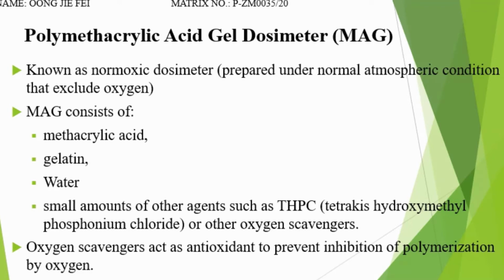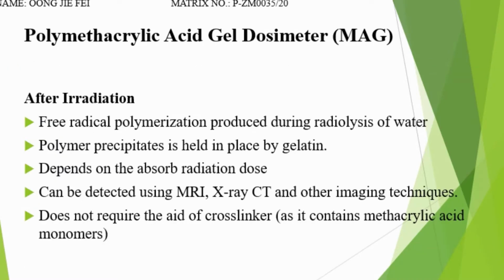Oxygen scavengers can act as antioxidants to prevent inhibition of polymerization by oxygen. After irradiation, free radical polymerization is produced during radiolysis of water. Polymer precipitate is held in place by gelatin, depending on the absorbed radiation dose. It can be detected using MRI, X-ray CT and other imaging techniques. It does not require the aid of cross-linkers as it contains